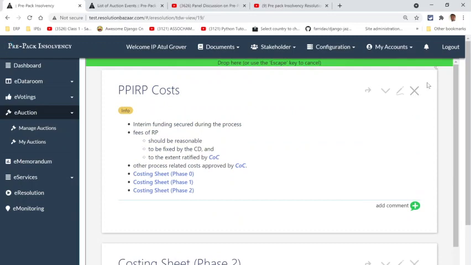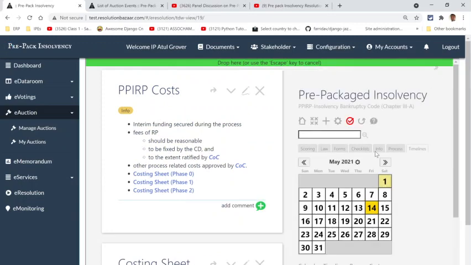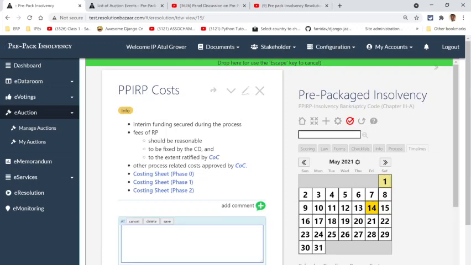Now, this worksheet is one where you don't need anything else other than this worksheet. This worksheet gives you the forms, it gives you the law, it gives you explanations, it gives you areas where you can start building your information memorandum or your resolution plan.